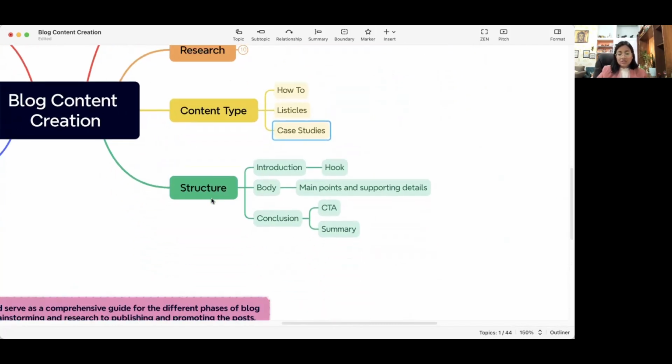Next is structure. For example, you need an introduction and hook, you need a body which has the main points and supporting details, and some conclusion, like at the end of every article or post you want to summarize, and you also want to have a call to action. It's not that you must use the structure that I'm suggesting, but whatever structure suits your content, once you have that in place and you write it in a mind map, you know exactly, okay, 1, 2, 3, 4, these are the 4 paragraphs I have to write, or 4 lines I have to write, or whatever it is, but you have a crystal clear idea.